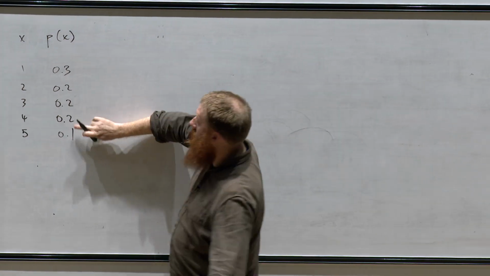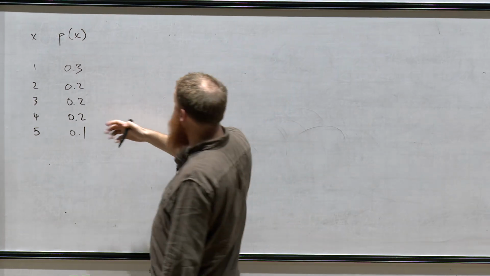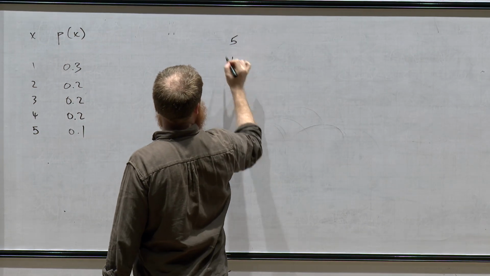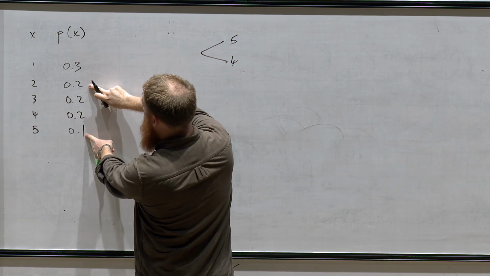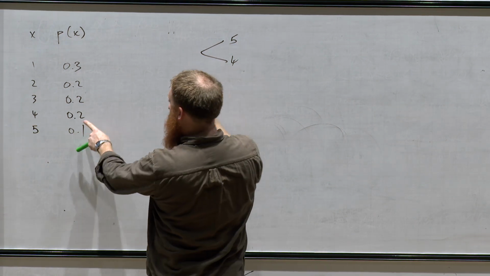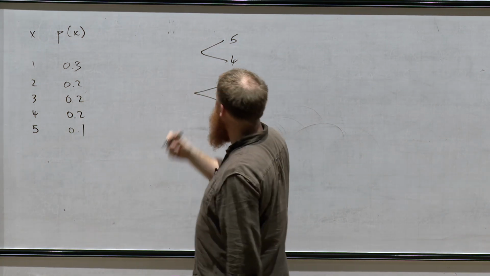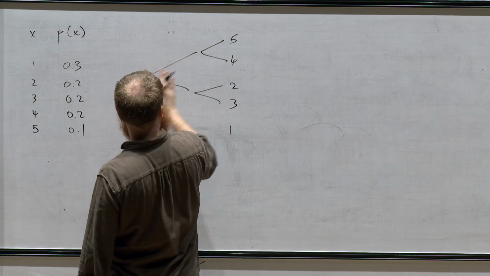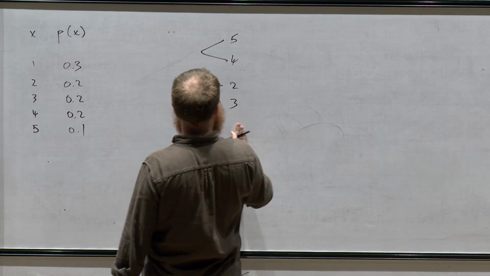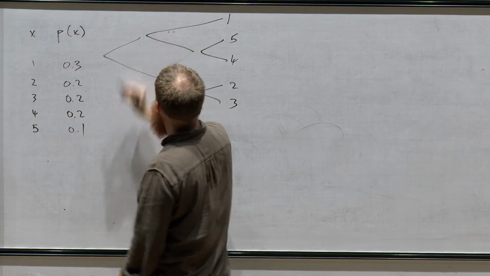Okay, I've got to choose one of these. Doesn't matter which one. Let's choose 4. 5, 4 combined. That gives me 0.3. Next two least likely, 3 and 4. Sorry, 2 and 3 rather. 2, 3 combined. There's there. And finally 1. That's 0.4. So actually I need to put the 1 here so I can combine here and there. So 1